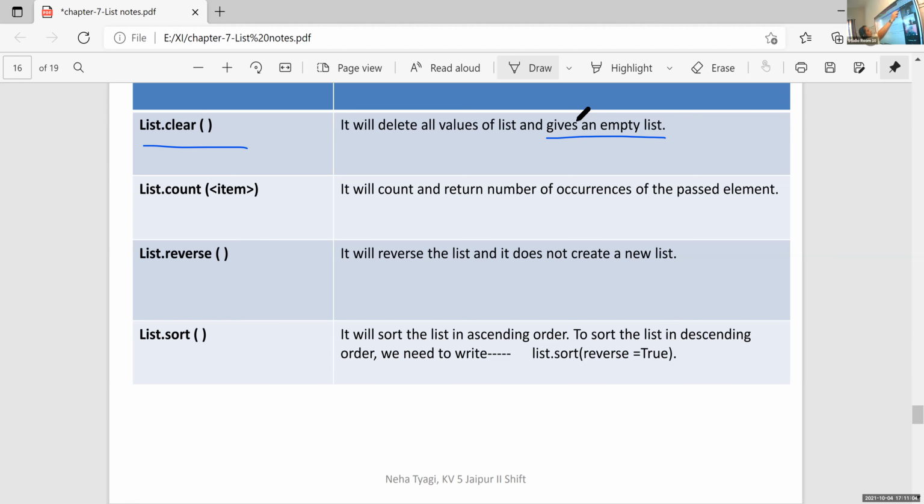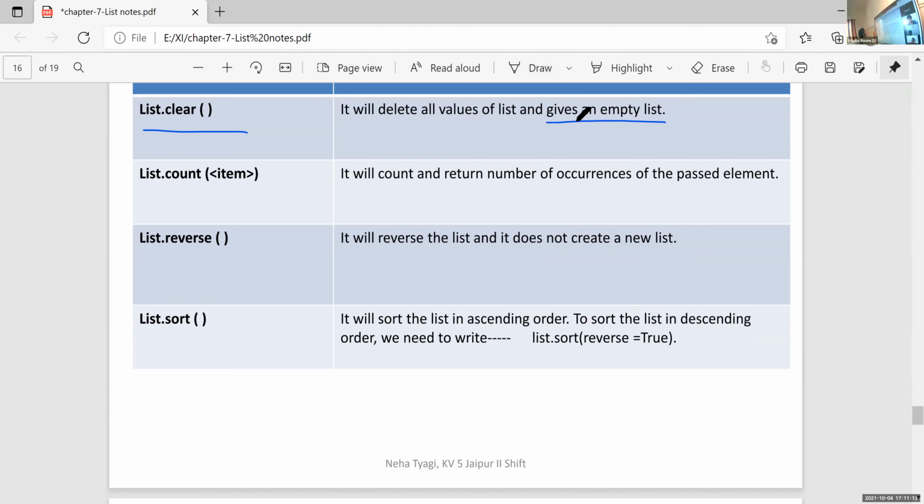Count is used to count the number of occurrences of a passed element. That is, if I use 8 here, it will count the number of occurrences of this 8 in that particular list.